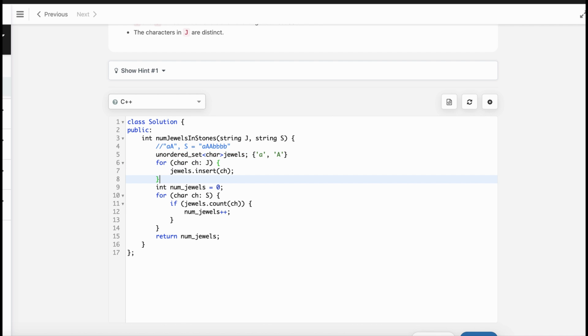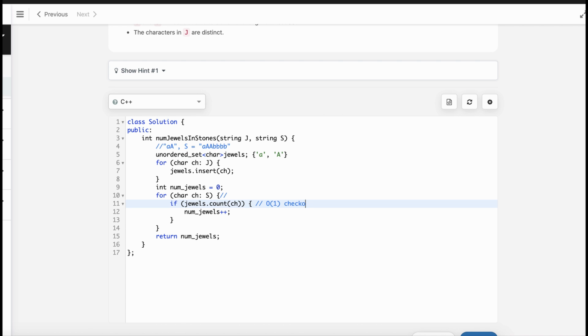Then we will iterate over all the characters in S. First of all, we go to the first position, which is a, and we see that a is present here. This checking happens in big O of 1 complexity.